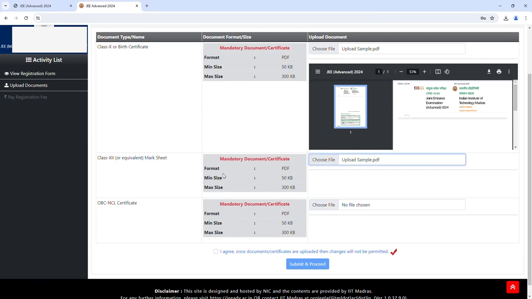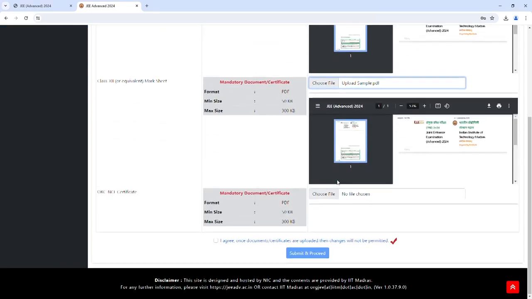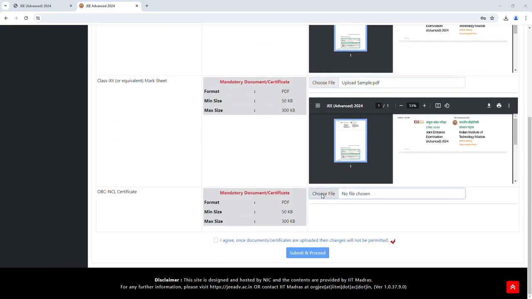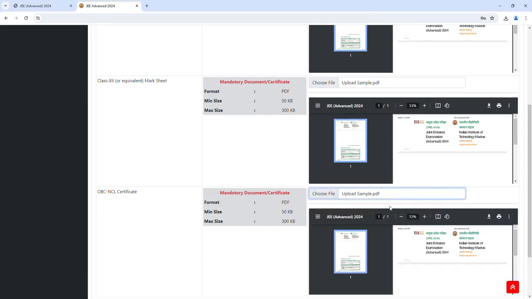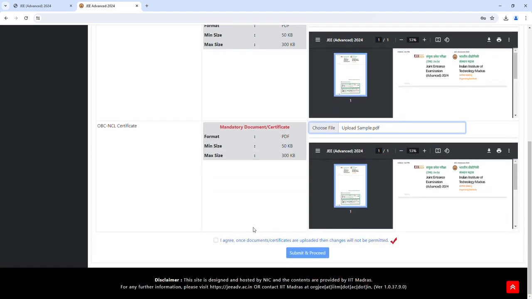As soon as the document is uploaded, you can see a preview embedded in the window. After uploading all the documents, click on the checkbox confirming that you understand that no changes will be permitted once the documents are uploaded. Then, click on Submit and Proceed.